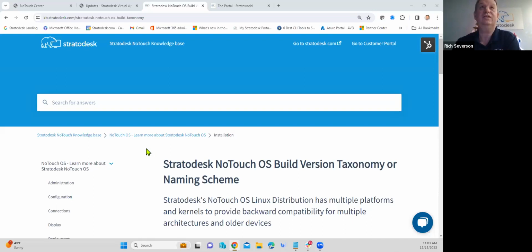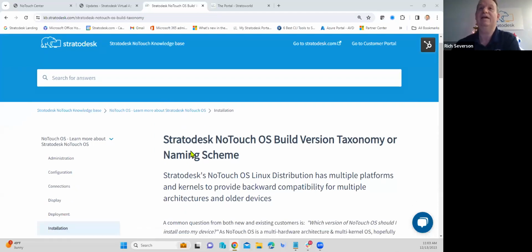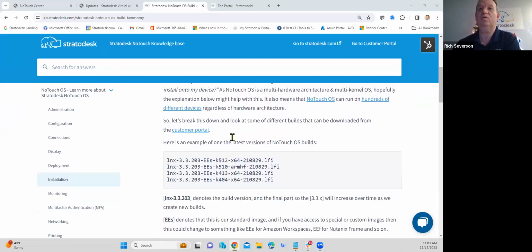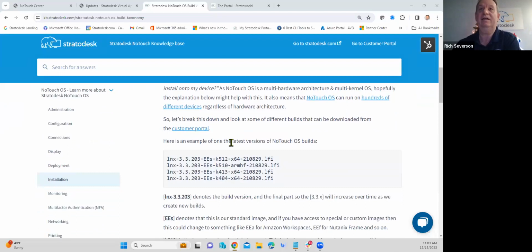So first of all, as you can see on the screen, I'm in our KB site. You can always go to our KB site, just go to kb.stratodesk.com. In this case, I've done a search for taxonomy, and you can see that's where it's taken us. So we're just going to cover real quick what these mean and why it's